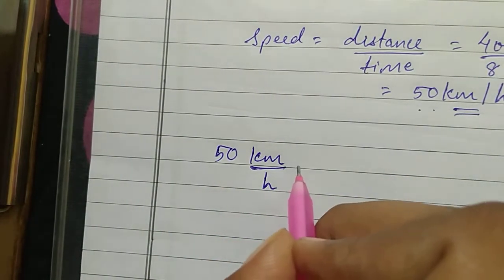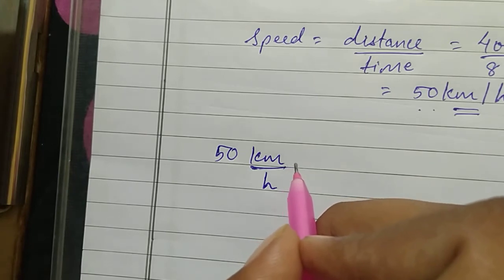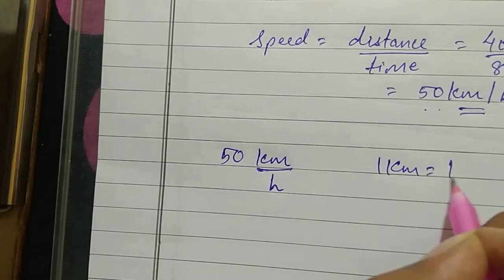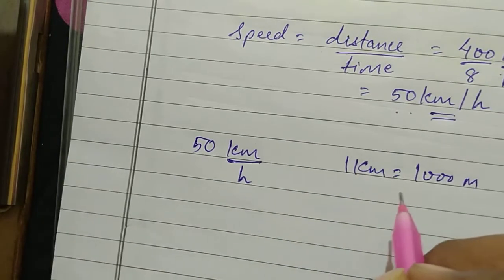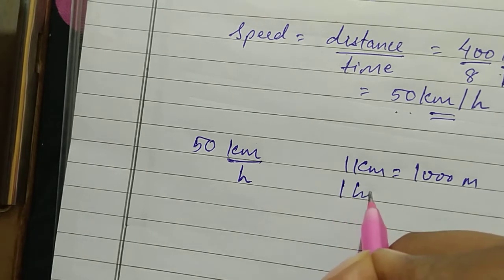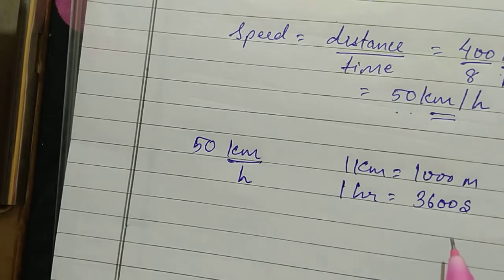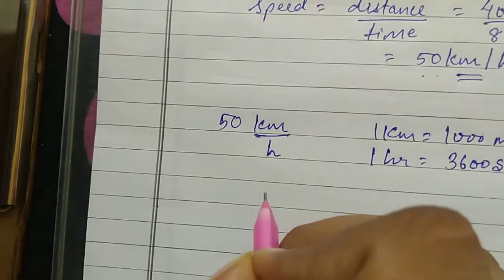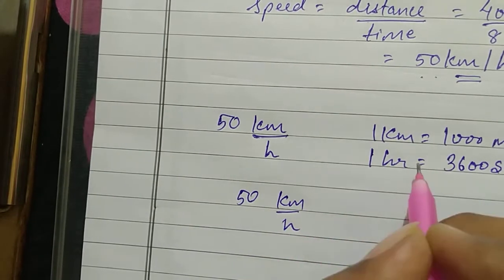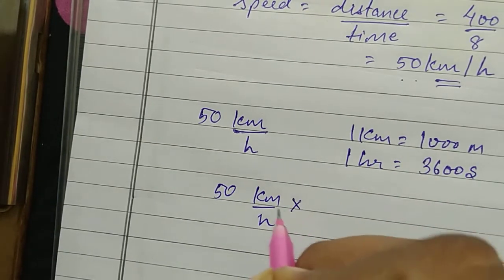Yes. Now to convert kilometer into meter, what I will do? 1 kilometer is equal to 1000 meters. I hope this much you know. And 1 hour is nothing but 3600 seconds. Yes. So to convert 50 kilometer per hour into meter per second, we have to do nothing but